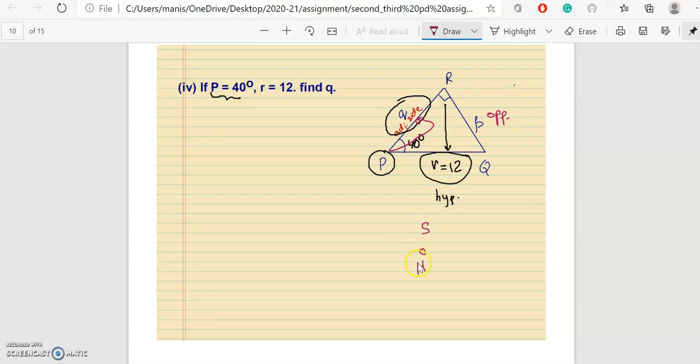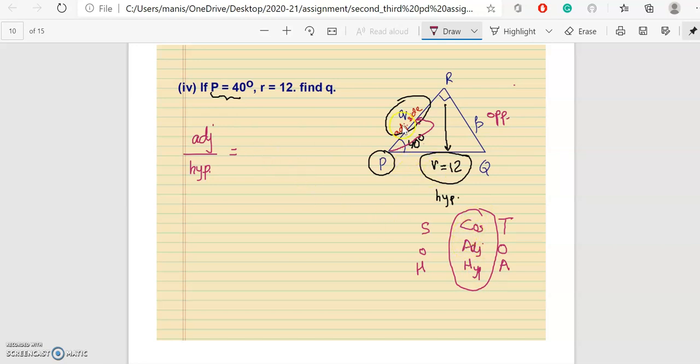I want you to ask yourself which trigonometric function you will use for this problem. It is your hypotenuse and adjacent side. Yes, so this is the one you will use, cos. So I will go back and write over here adjacent over hypotenuse. Where did I get this from? I got it from here, adjacent over hypotenuse, which is equal to cos.